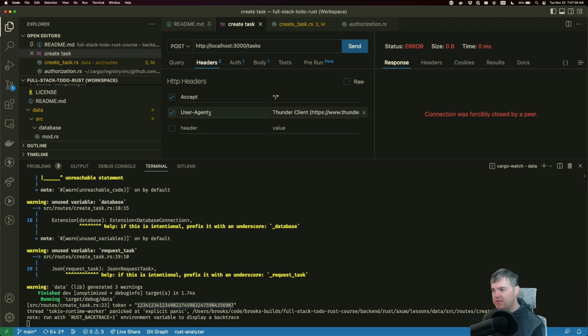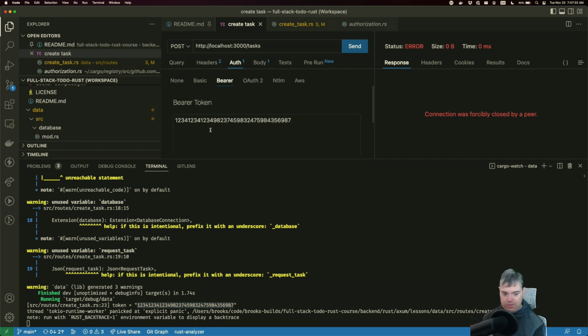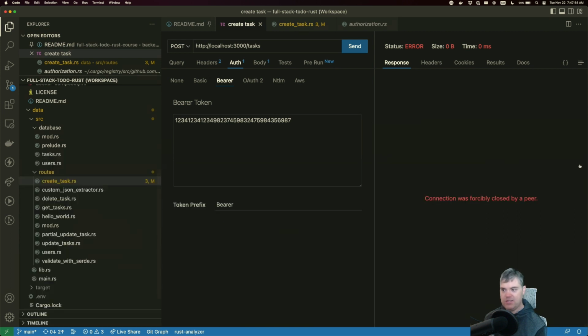If we come back to the header, it's not shown, but behind the scenes, okay. Oh, token prefix. Oh, we could totally remove that. That'd be cool too. But in this case, this is fine. Okay, great. This is what we will do.